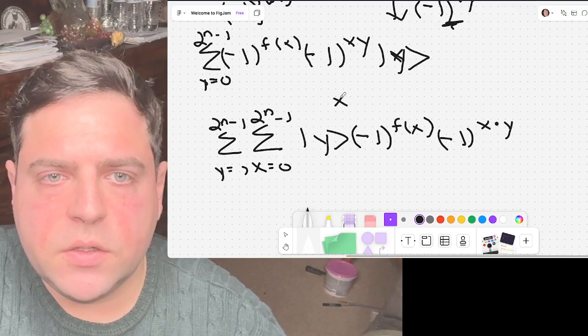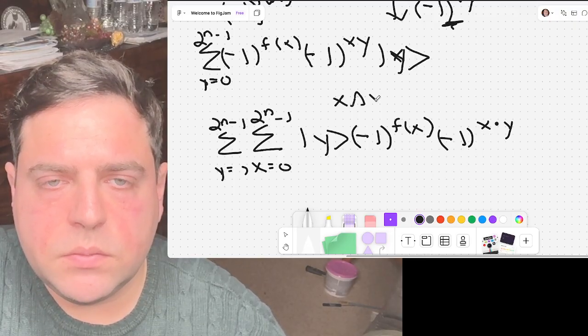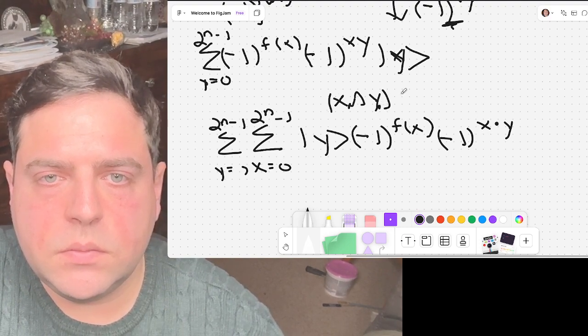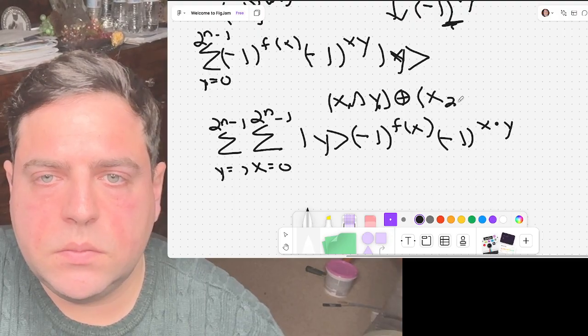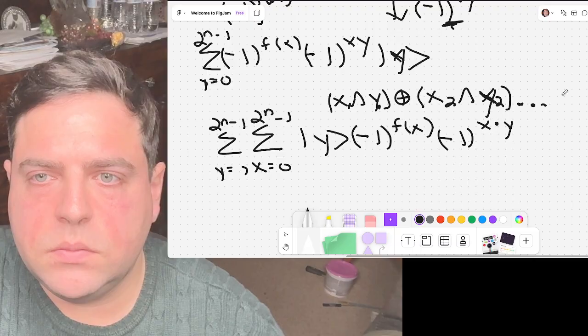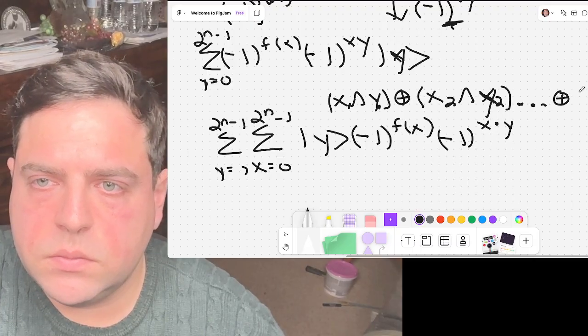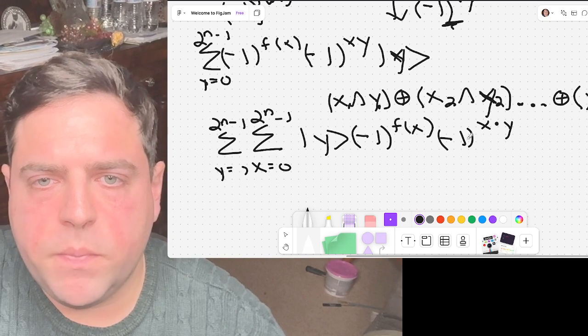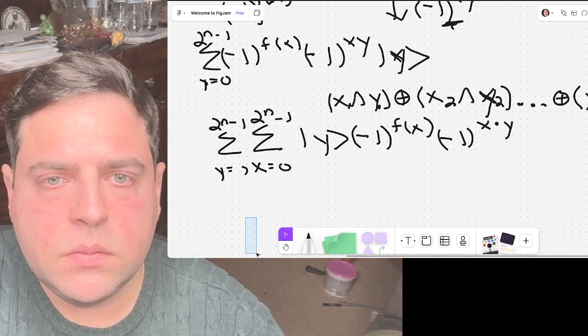Where X of Y is this, shorthand for this. This is the modulo plus 2 operator. This caret is the and. Oops, Y2. Okay. Now,